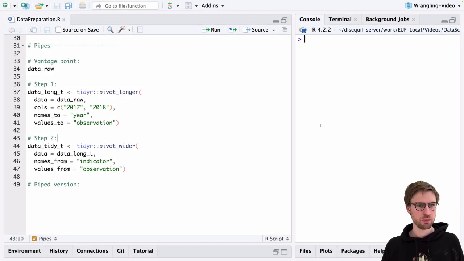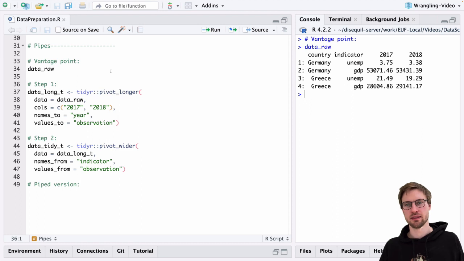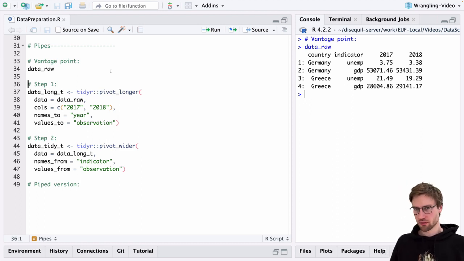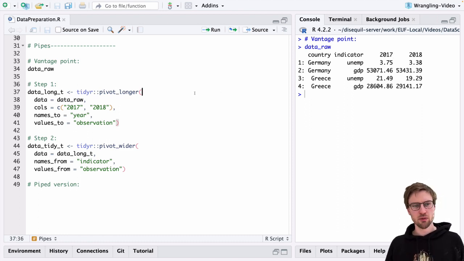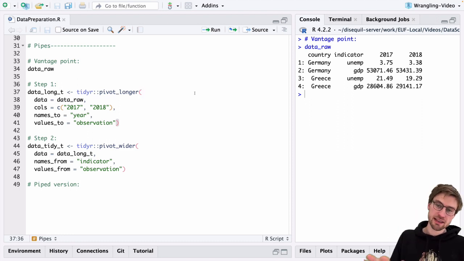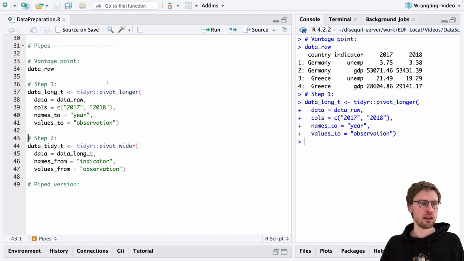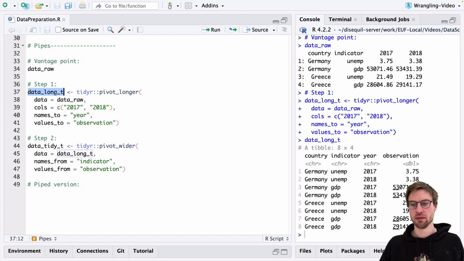In the previous video, you learned how to use the two functions from tidyr, pivot_longer and pivot_wider. We started here with the data set data raw, which was optimized for human readability due to these two columns, 2017 and 2018. Then we learned how we can use the function pivot_longer to make this relatively wide data set longer and to come up with this longer version of the data set, which is only one step away from